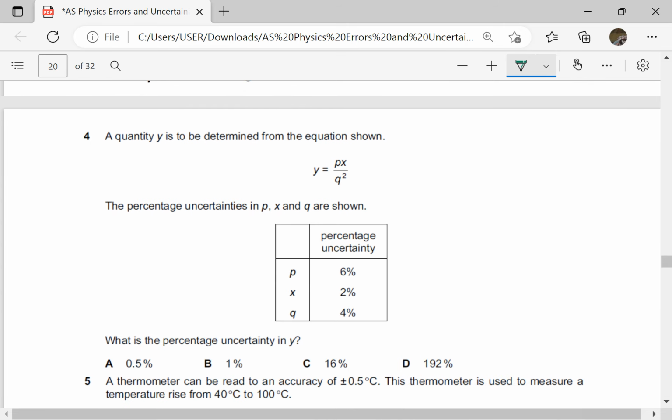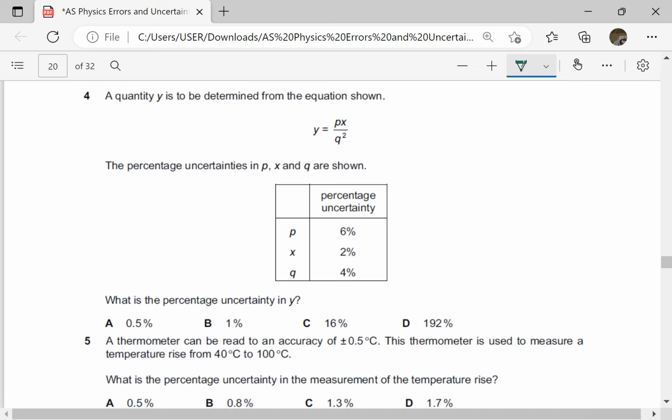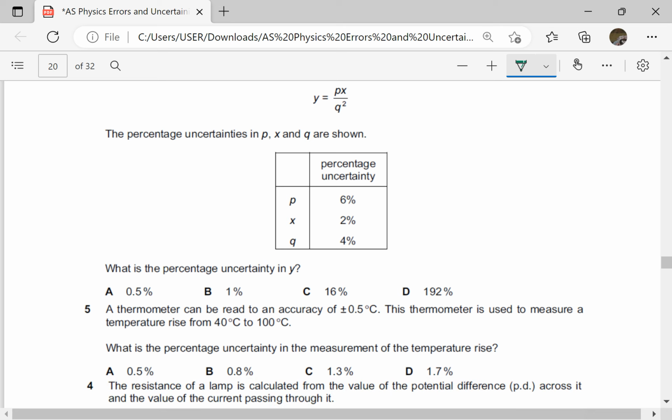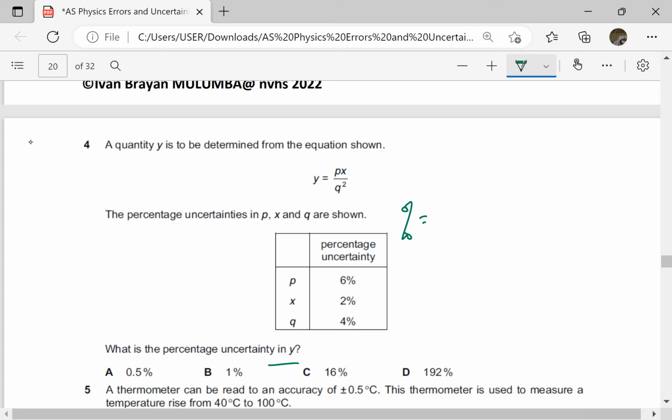A quantity y is to be determined from the equation y is equal to p times x q over q squared. The percentage uncertainties in P, X, and Q are as shown here. What's the percentage uncertainty in Y? So we now know that percentage uncertainty in Y is going to be percentage uncertainty in P plus percentage uncertainty in X plus twice percentage uncertainty in Q. So this will be for P, that is 6, for X, that is 2, for Q, that is 2 times 4, which is 8, plus 8, which is 16%. So the answer is